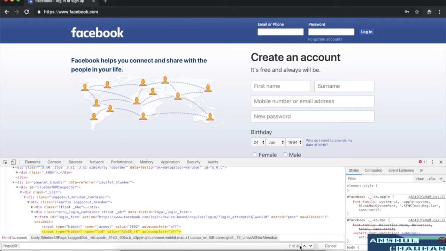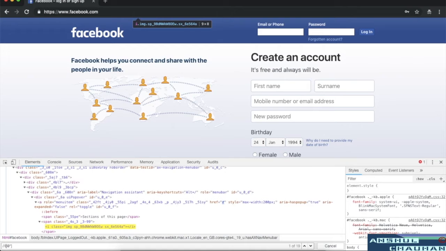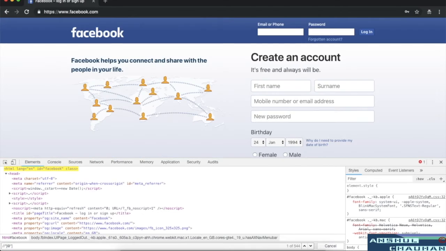Now suppose you want to find all the web elements on the web page, and it doesn't matter what the HTML tag is for that particular web element. We can simply replace the input with the asterisk. So we define double slash asterisk, open square bracket, at the rate asterisk, close square bracket, hit enter. You can see there are 544 web elements present on this web page which have an HTML attribute. This is called wildcard search or wildcard XPath generation.